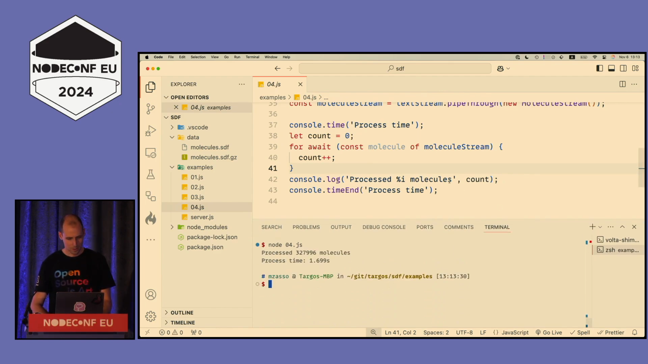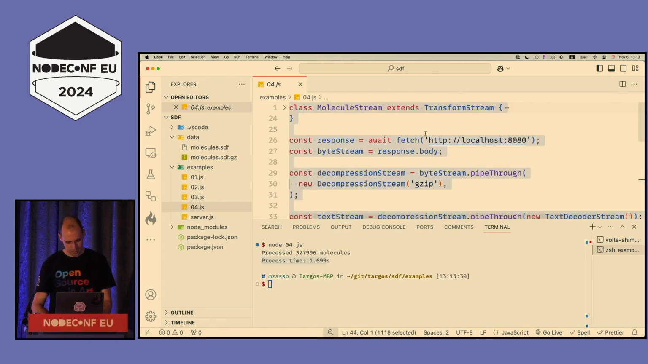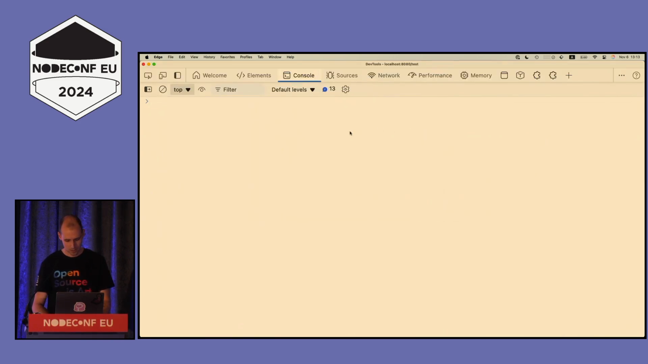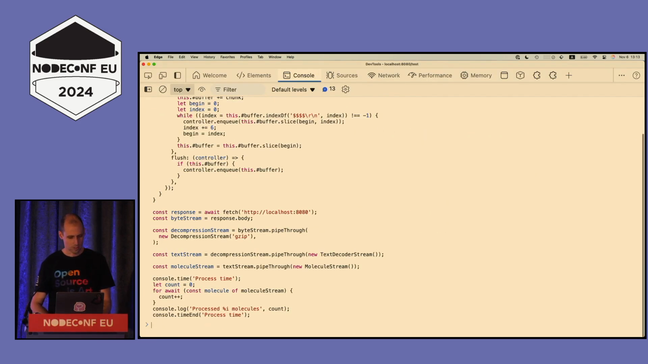Okay. So we actually parsed this file and just went through all the molecules, which is a large number, more than 300,000, in less than 2 seconds. So it's quite fast. And we can take that code, go in a web browser, just run the same code,